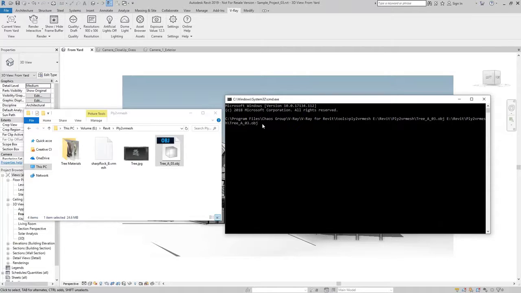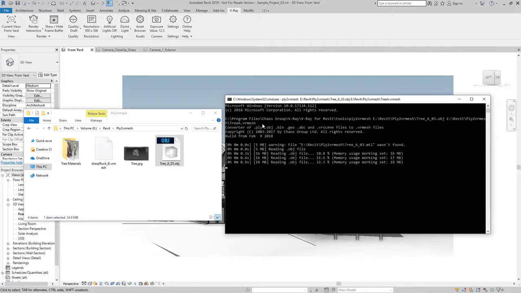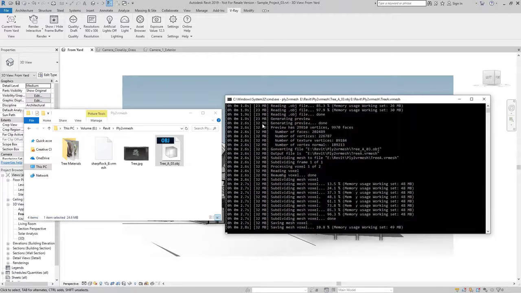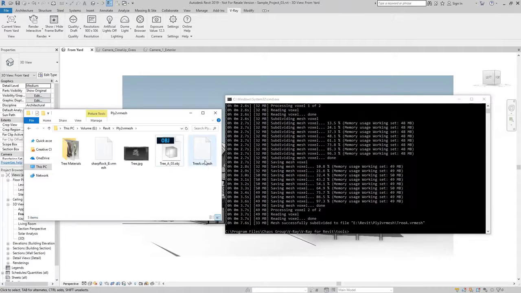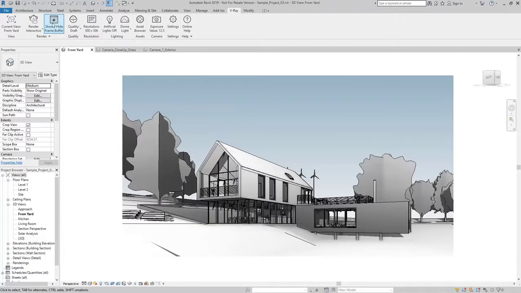And at the end, I will simply change the name. Let's name it 3a.vrmesh, and I will hit enter. At that moment, the obj is converted, and we can see that we have our VRMesh file ready to use. Now I will go back